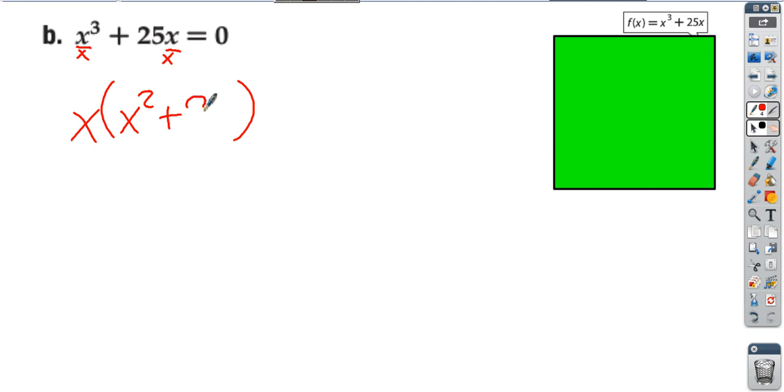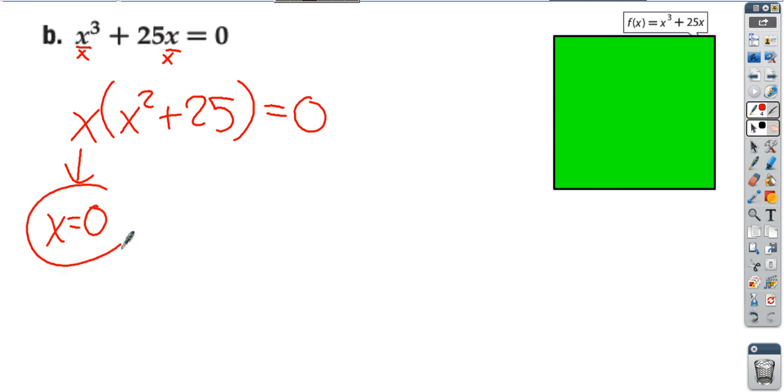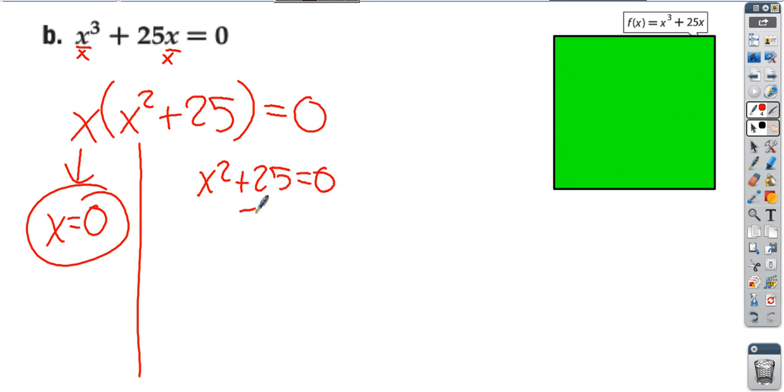25x divided by x is this. And then we can solve each of these. So this one, the only way to make that 0 is if x equals 0. There's one solution. This one right here, if we set this equal to 0 and solve it, we would subtract